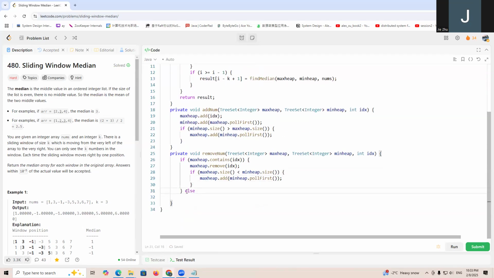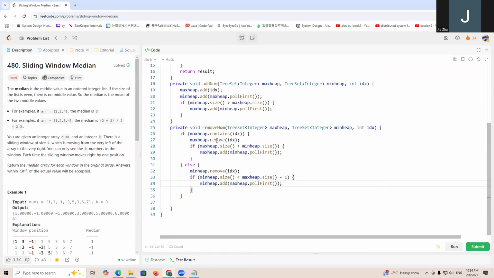So else, that means CTC in the min heap. So we have min heap dot remove index. Let's say if min heap dot size is smaller than max heap dot size minus 1, right? Then we're going to have min heap dot add max heap dot pull first. Okay. So this is a remove method,